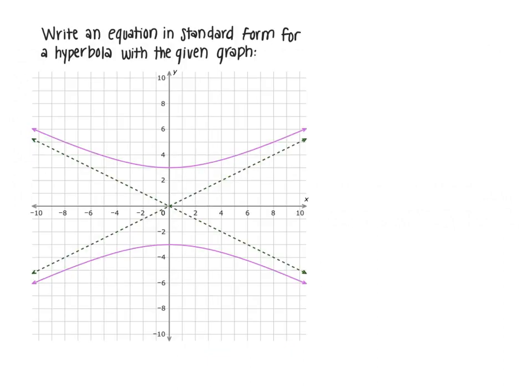Okay, so here's the first type of problem that you can expect to see. It will ask you to write an equation in standard form of a hyperbola when you're given a graph. So first and foremost, let's just take a look at the orientation of the graph. I know that my hyperbolas are opening up from top to bottom. So since they're opening up top to bottom, I know I'm in vertical orientation, so my equation will be as